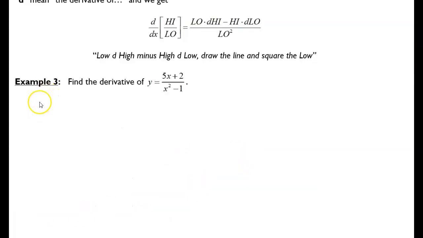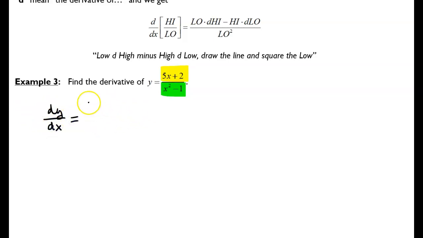Okay, so let's go ahead and take our derivative. So we notice our two parts here. We have our high, 5x plus 2, our low, x squared minus 1. Again, we recognize we have to use the quotient rule. We see a quotient with multiple terms in the numerator and the denominator. So our derivative, dy dx,